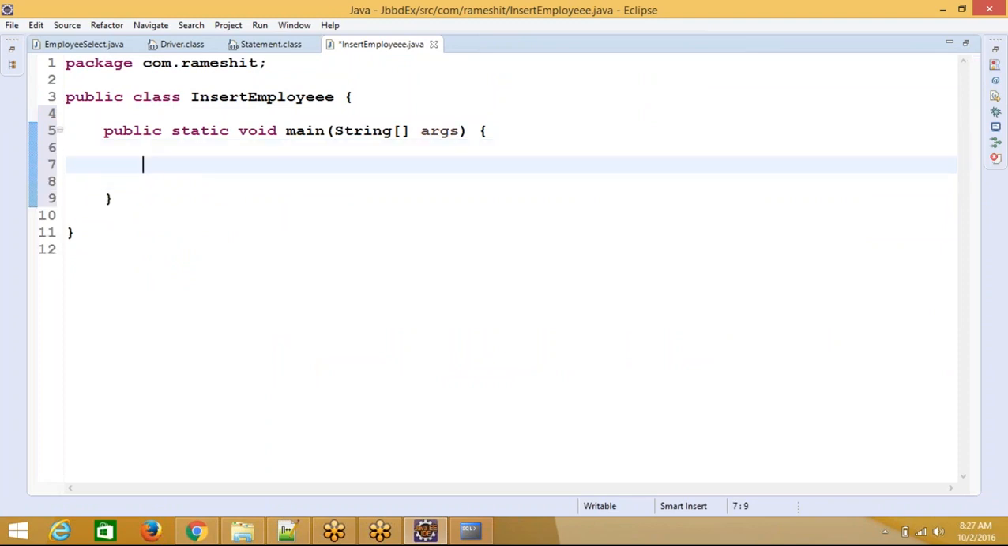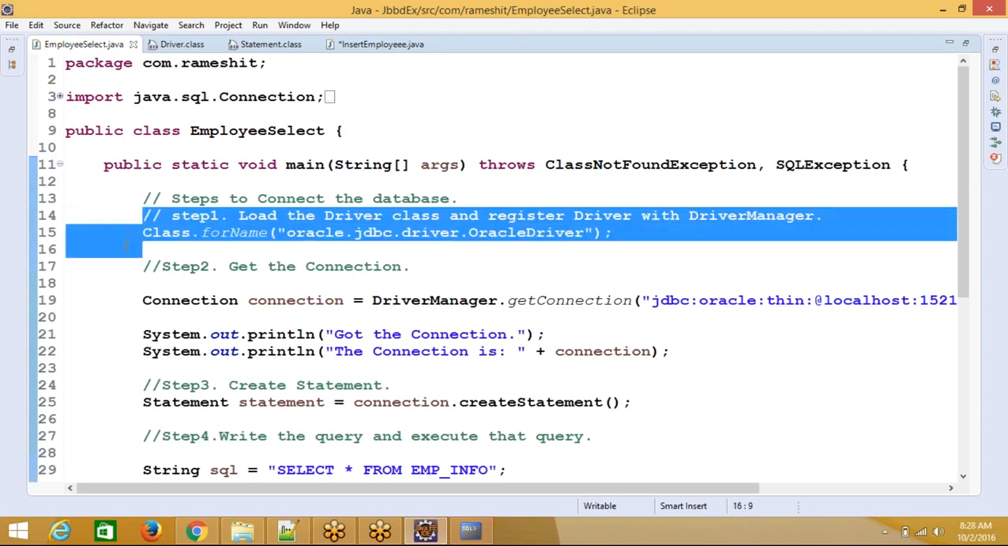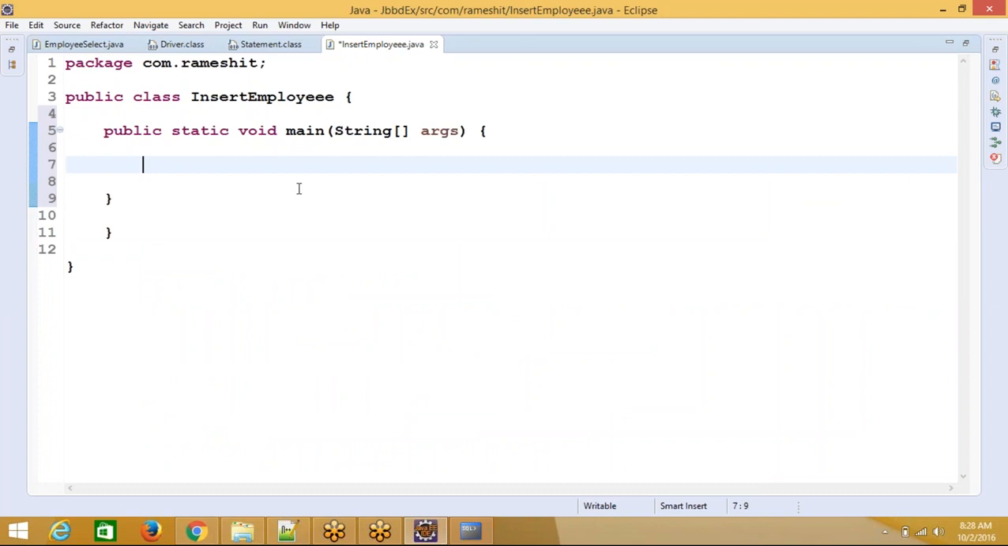Main method. What is the first step? Please tell me what is the first step. Load the driver and register the driver with the driver manager. Yesterday, I spent nearly half an hour on this statement. Load the driver, register the driver with the driver manager. But you can just load the driver, no need to register the driver with the driver manager. Why? Because